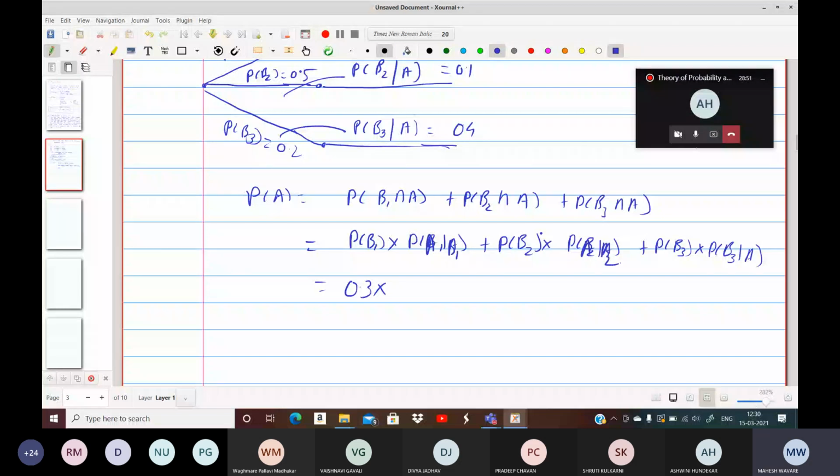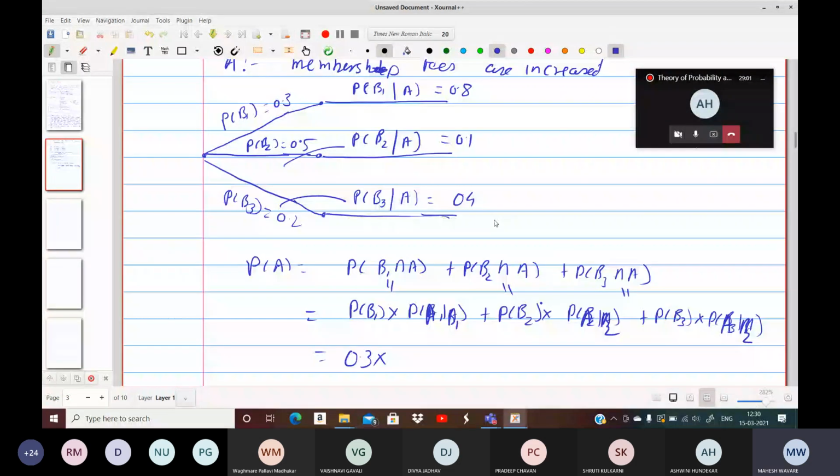So whatever you have written, what is the meaning of it? I should read again. The statement is that should Mr. Adams be elected, that is, Mr. Adams is elected, the probability for increase in membership fees, so A conditional B1 should be there. Mr. Adams is elected is given, we want to find the probability for membership fees increase. Mr. Brown is elected, we want to find the probability for increase in membership fees when Mr. Brown is elected. And Miss Cooper is elected, find the probability for membership fees increase. So these three things are given. So be careful while reading all these things.